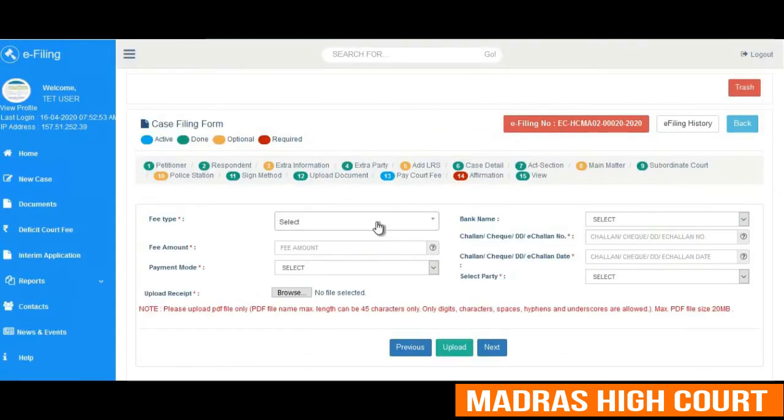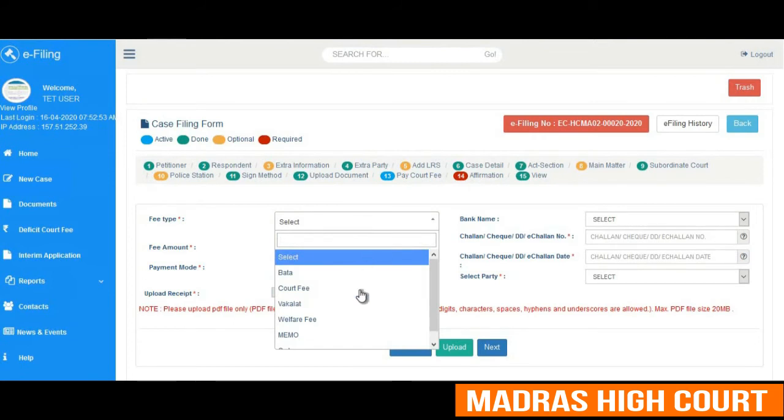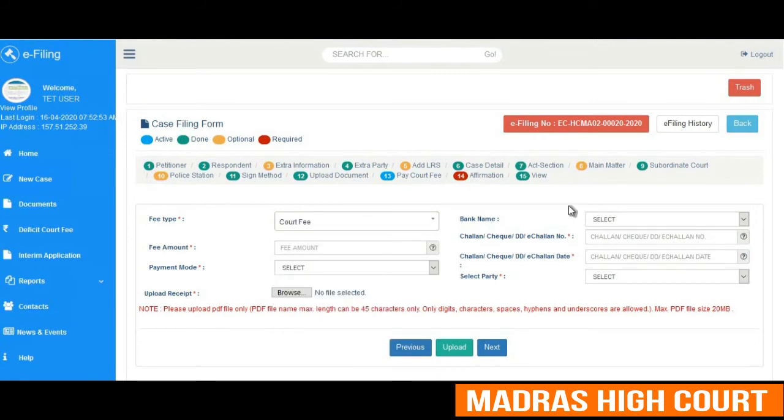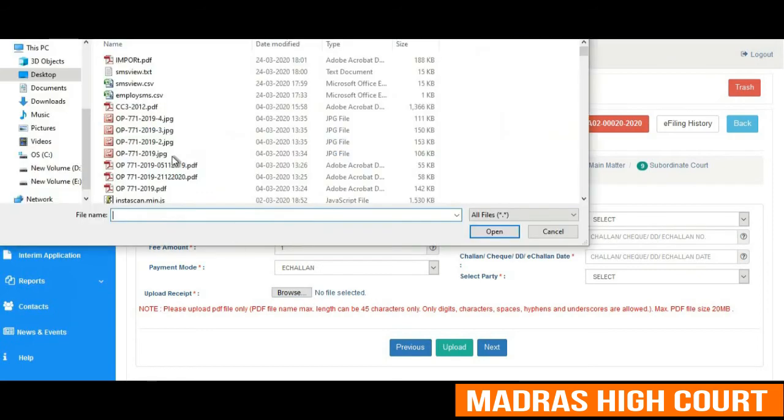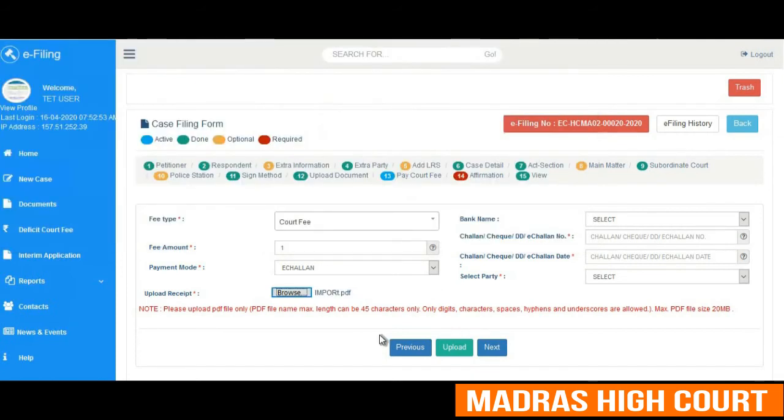The next is the court fee payment screen. The user has to select the fee type as court fee. For example, the fee amount has been mentioned as ₹1 and the payment mode as e-challan, wherein the user has to upload the e-challan receipt which he has in his case.